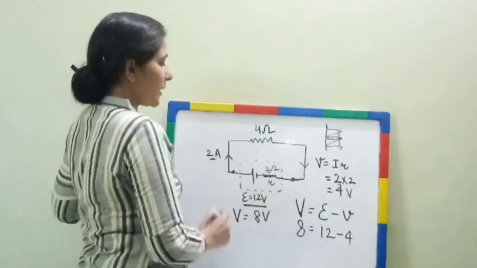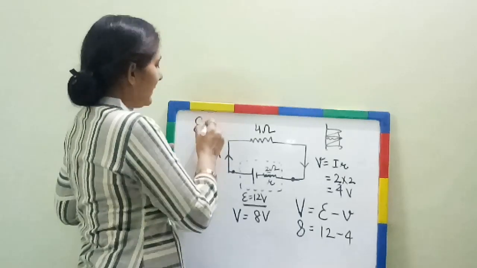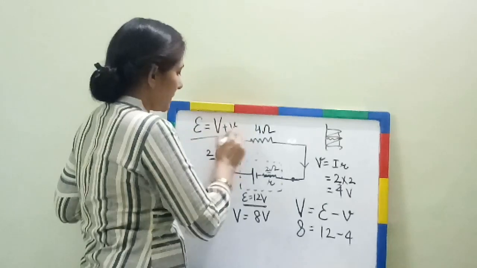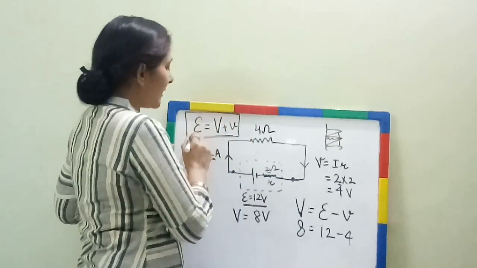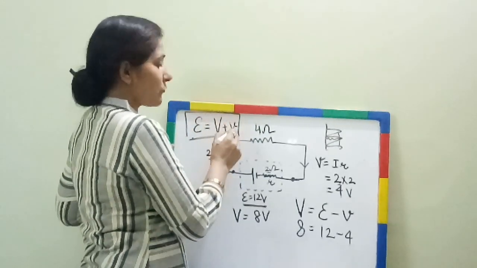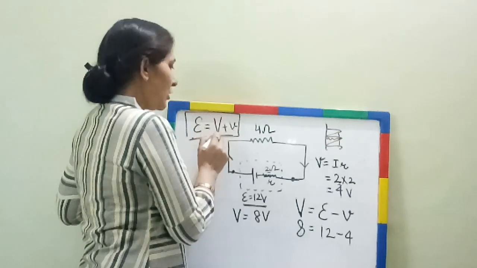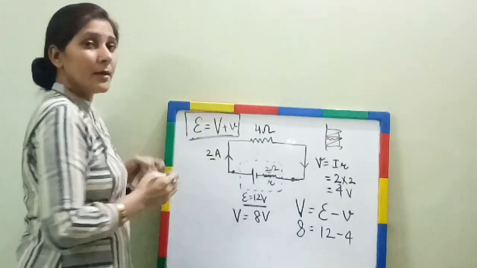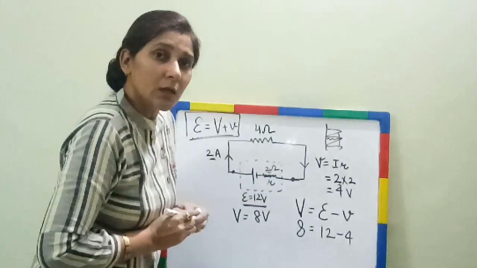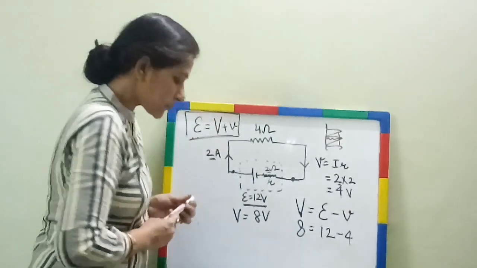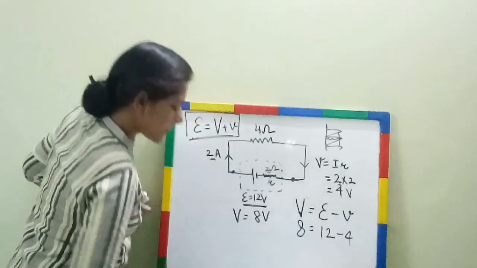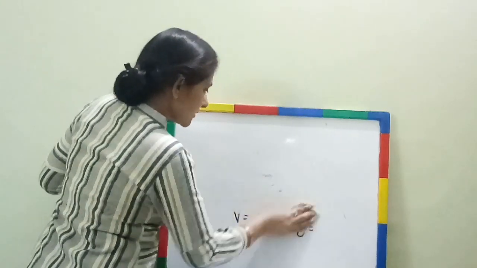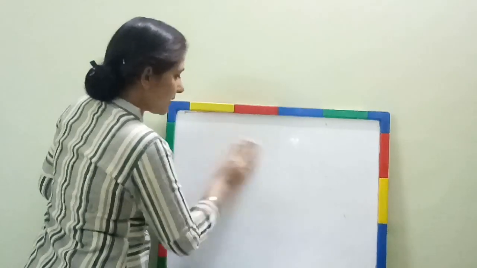विद द हेल्प ऑफ दिस वी कैन राइट, EMF ऑफ द सेल दैट इज इक्वल टू टर्मिनल वोल्टेज प्लस वोल्टेज ड्रॉप. EMF ऑफ द सेल इज इक्वल टू टर्मिनल वोल्टेज प्लस वोल्टेज ड्रॉप. जितना टर्मिनल वोल्टेज आया, जितना वोल्टेज ड्रॉप हुआ, उन दोनों को मिलाकर हमेशा क्या बनेगा? दैट गिव्स यू द वैल्यू ऑफ EMF. ओके, बस एक छोटा सा एक्सप्रेशन और है. वी विल बी मूविंग ऑन टू दैट एंड देन इट ओवर्स. वी विल बी डिस्कसिंग रेस्ट ऑफ द थिंग्स लेटर ऑन.